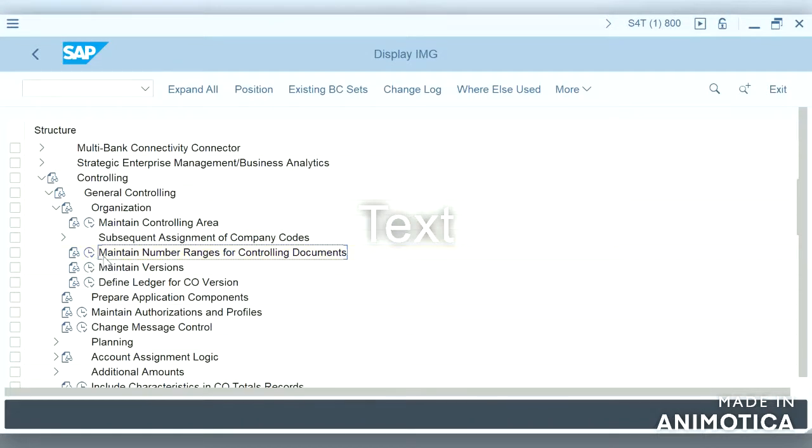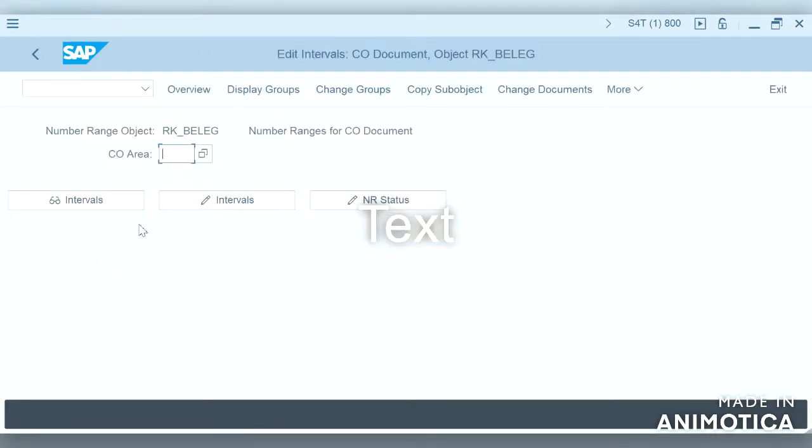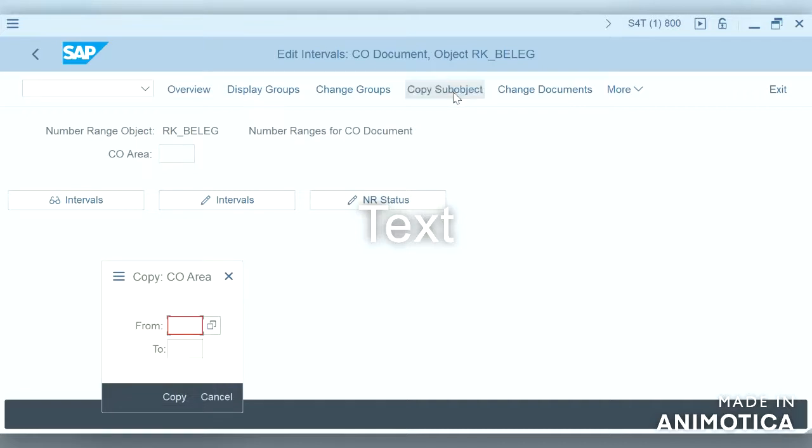Now let us create number ranges for controlling documents. So let us copy it from the standard company code 0001 and S4HANA.